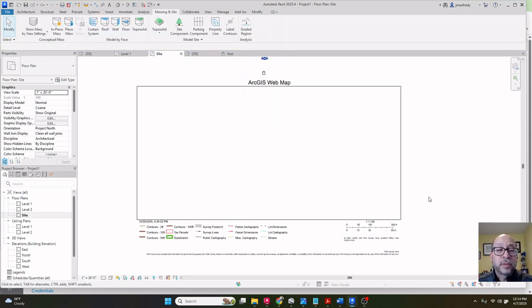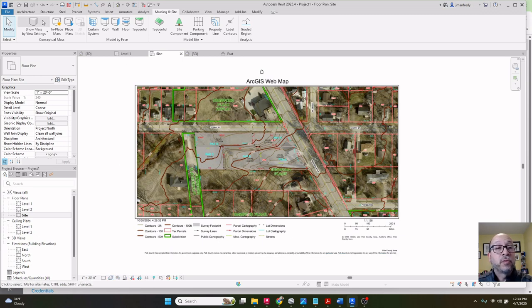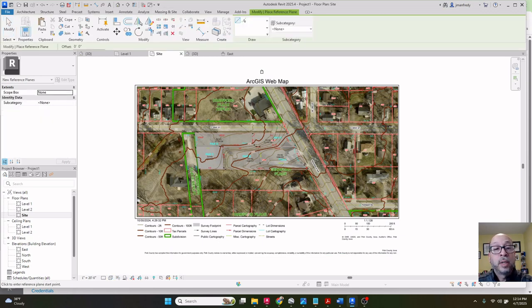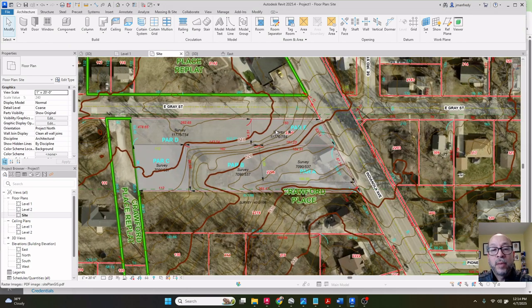So next, let's create some guidelines to show us exactly where the plot of land is that we're going to focus on, because it's hard to snap onto a Toposolid. So I'm going to make this transparent. I'm going to grab some architecture reference planes, and I'll draw some horizontal reference planes across the site. I want them to describe the actual plot of land we're focusing on. So I will grab that green line there,